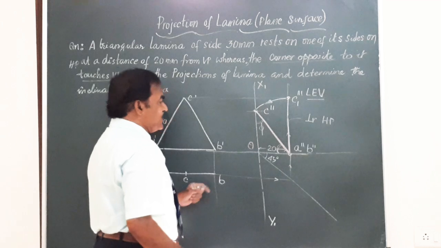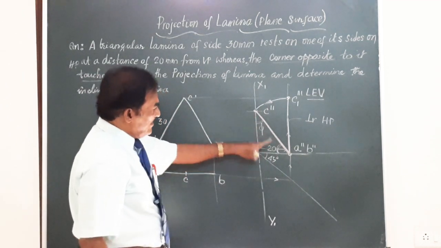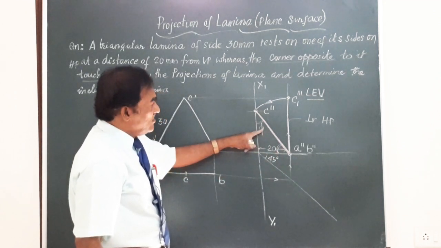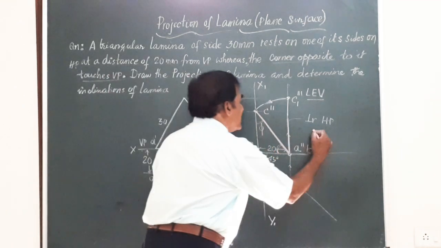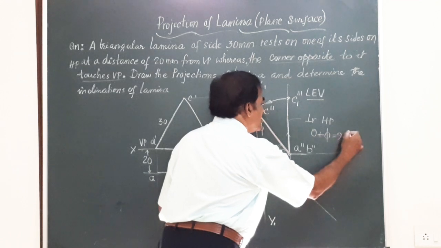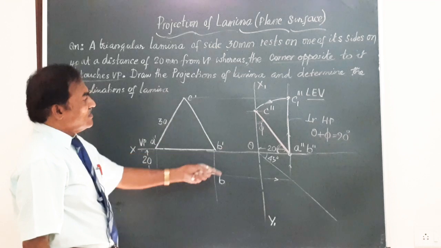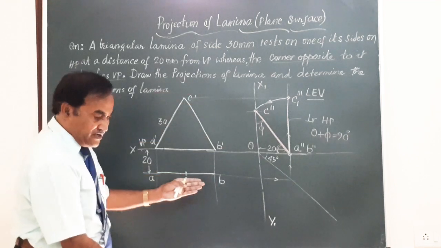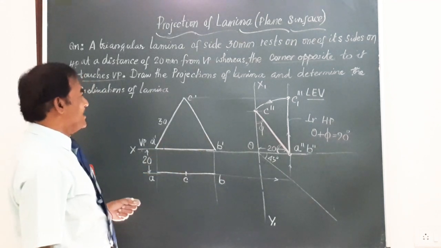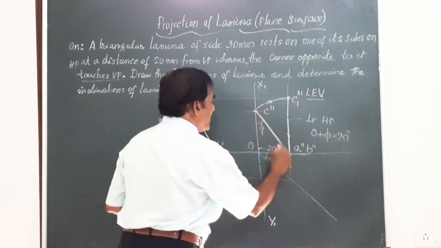Friends, you know theta and phi are complementary to each other. By measuring the angle made by the surface with HP, that is theta, you can subtract it from 90 and get this. So here in this question, theta plus phi is equal to 90 degrees, because theta is the HP inclination and phi is the inclination with the wall. So the wall VP and the floor HP are perpendicular to each other. You should get an answer of 20 if you say. Friends, this is the final end view, the left end view, this colored line.